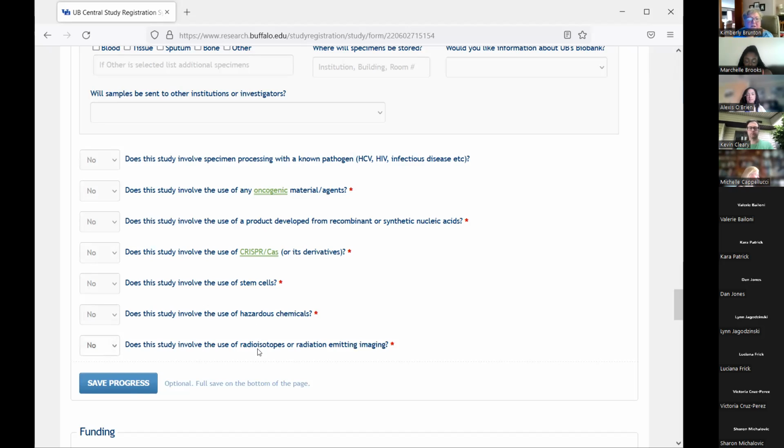These questions are all so that we can complete the grants form, the funding proposal for you. So they usually involve another system that would be required. Does it have a known pathogen? So do we need to invoke a safety module? Is it oncogenic material? Is it recombinant? All of those have safety modules that may be involved. Does it use stem cells? We need to get the stem cell committee in there, as well as